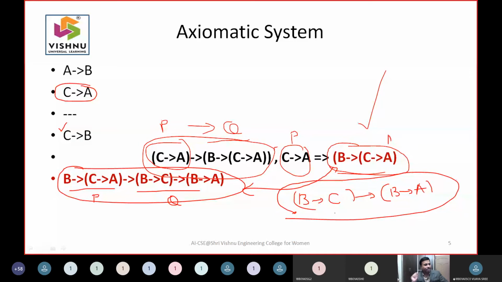See, two statements are given. Instead of starting with the first statement, I have started with the second statement, and I have arrived at this position, where from this position I cannot move because there are no other rules that can be applied. So what should I do now?